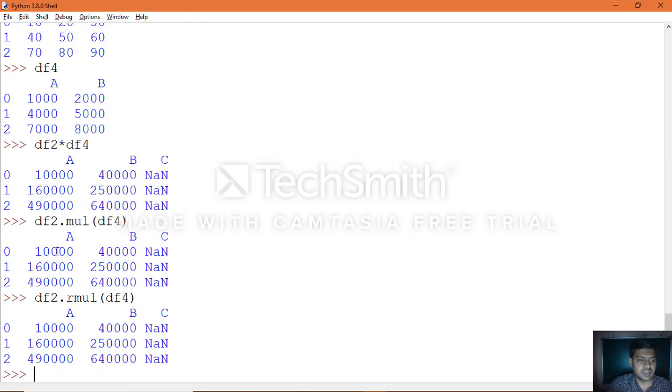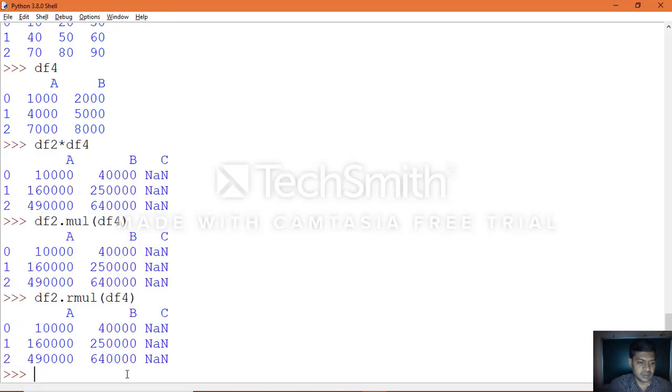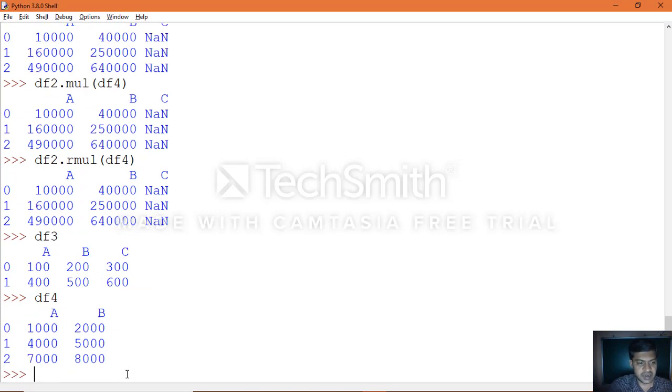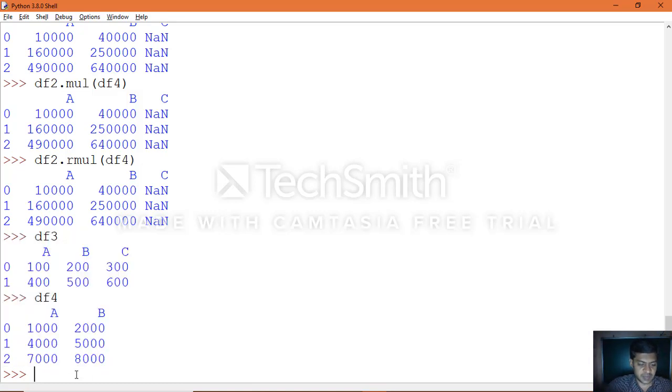Now again here you will see the result, which gives you the same result again, in the same manner between 3 and 4 objects. Yes, you can perform it. This is the data which we have, 3 and 4 objects, and if you want to perform a multiplication binary operation, yes, you can apply it by using the normal operator.